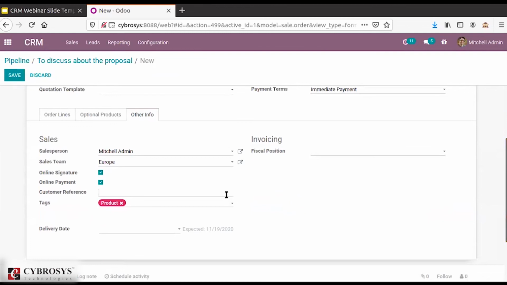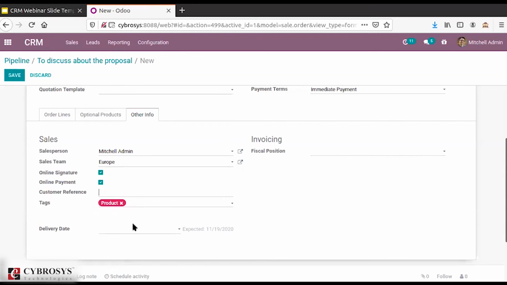Then here you have the option to mention the customer reference. Basically it is an indication or a reference for your customer so that we can easily understand that. Then we can see the tag. For the particular lead that we created, we provided a tag, so you can see the entire process of how it works. It has been carried over here also, and the tag comes over here. It is a very good label we can save. Using a tag provides very good information to us.